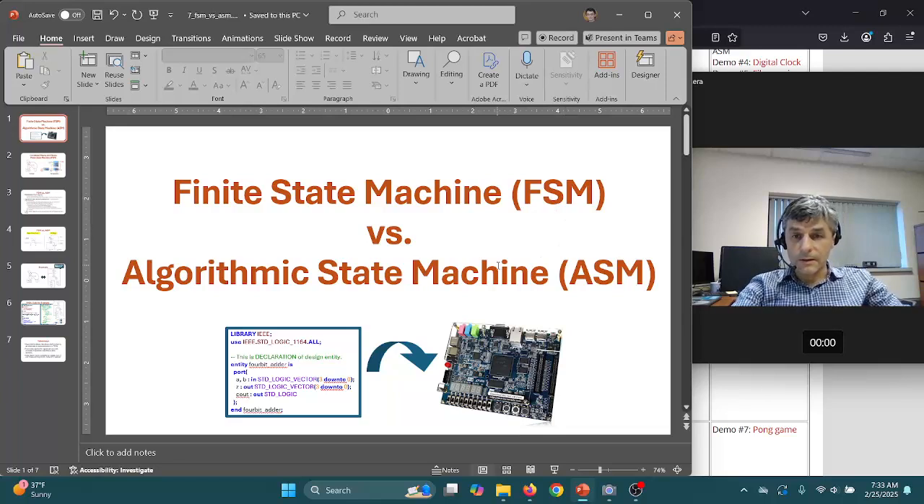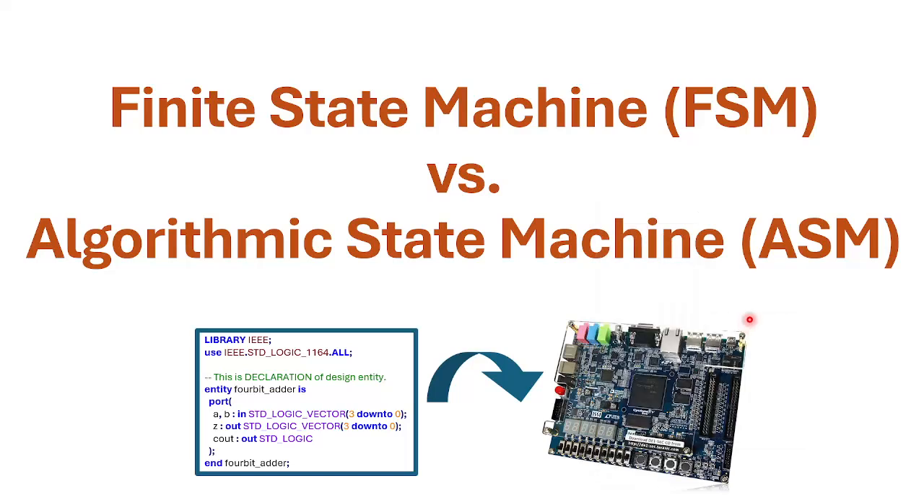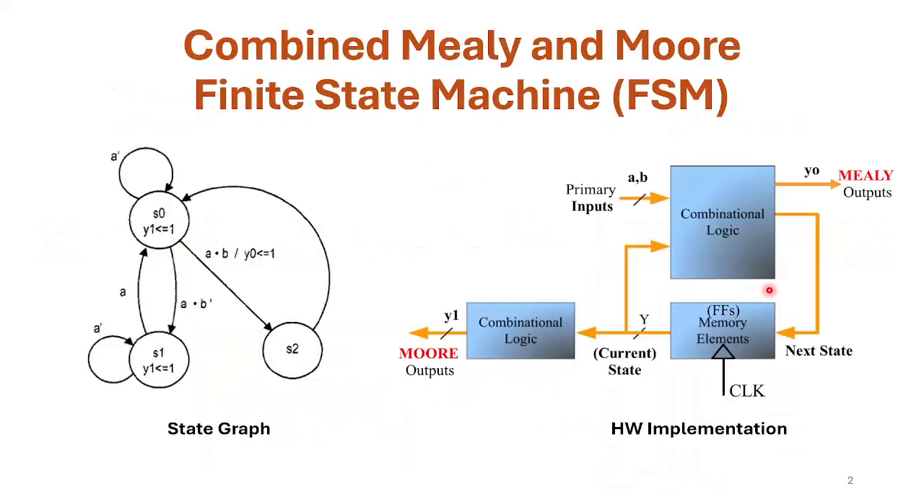Hello everyone, in this video presentation we're going to talk about finite state machines versus algorithmic state machines, or ASM charts. Before talking about that, let's quickly refresh finite state machine state graphs, which in the most general case could be a combination of Mealy and Moore states. So for example here on the left hand side, state S0 is a Moore state because inside it we assign